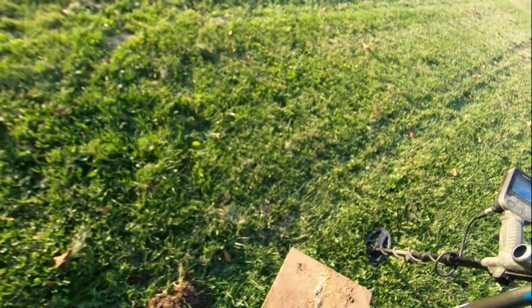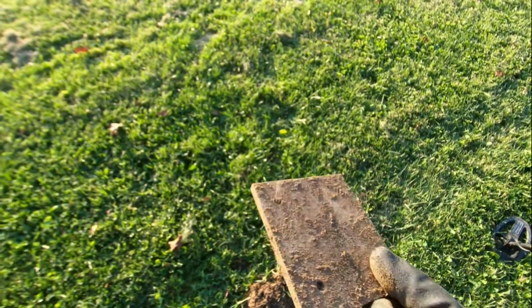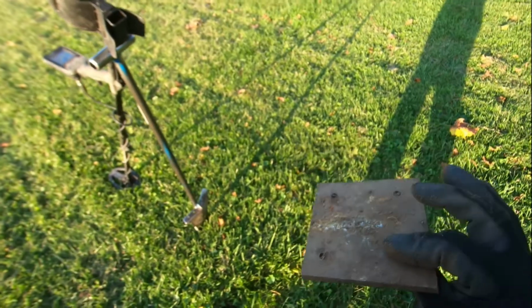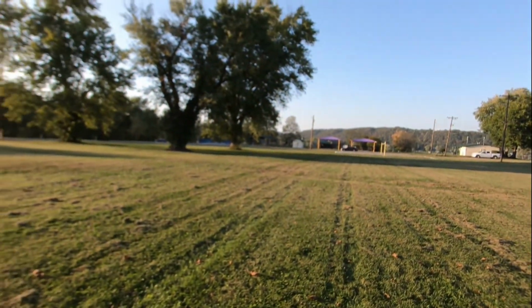Beautiful, historic place to hunt, but you get down here like this and this is what you have to deal with. Signals that sound like this, they're all shallow. You just can't help but dig them. Sounded like a $50, but right over there